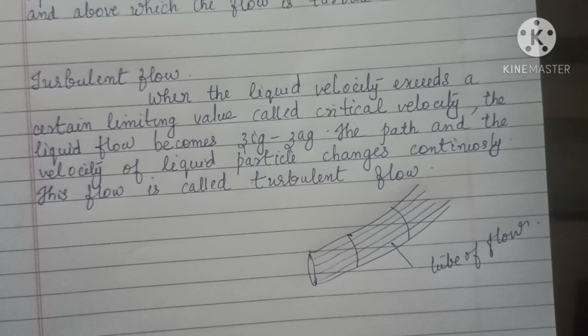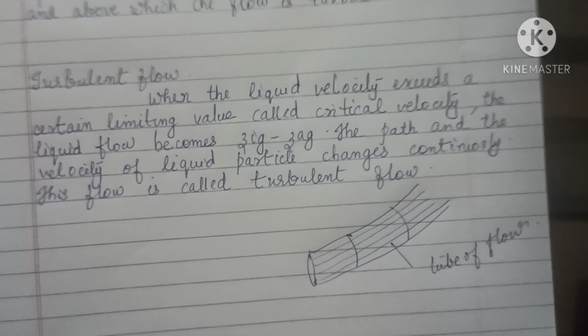While in the case of turbulent flow, what will happen is the path will change, its velocity will change. For example, heavy rain, during that heavy rainfall, you can consider the flow as a turbulent flow. But the flow of a very calm river can be considered as a streamlined flow. So that's a difference. That means such a steady flow is called what? Streamlined flow. And without any constant velocity, if the path is getting changed, its velocity is getting changed, the flow will be in a zigzag manner, which we call a turbulent flow.